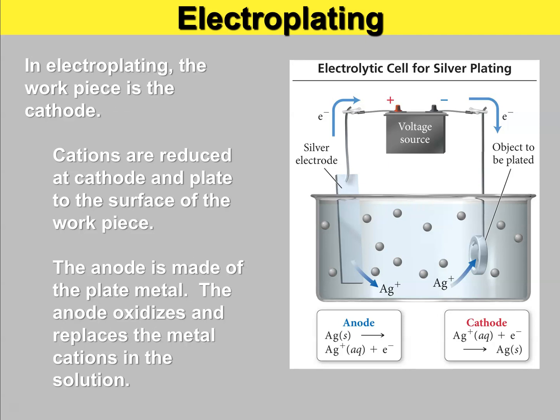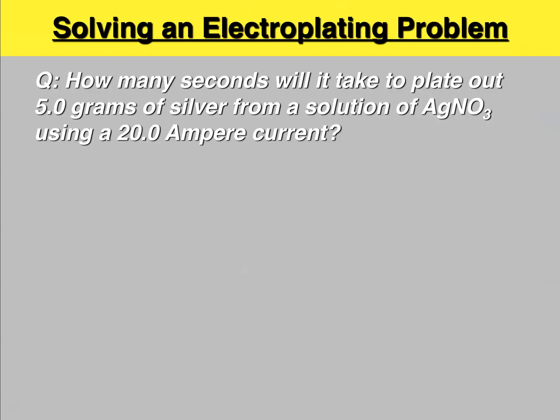Now, from electroplating, this is the process, but we have to solve the problem. There's two ways to usually solve the problem. Number one is how long will it take to plate out 5 grams of silver, as an example. Or it could ask you, how many grams will be plated? Those are the two main questions we're going to look at. For this one, we're solving for time. So we know silver